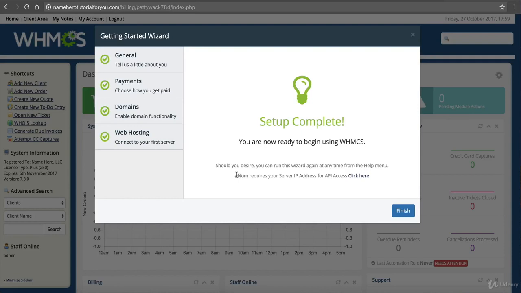But this is important right here, and in my opinion, this should be put in red. Enom requires your server IP address for API access. So if you don't do this, then you're going to start getting errors when you go